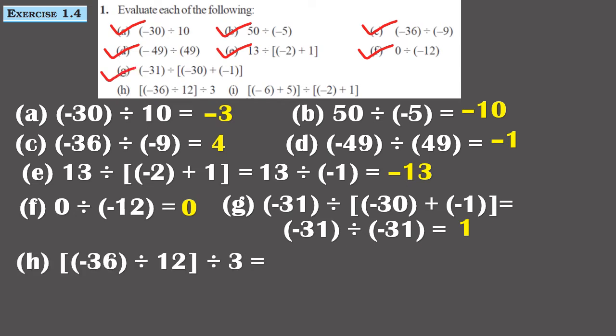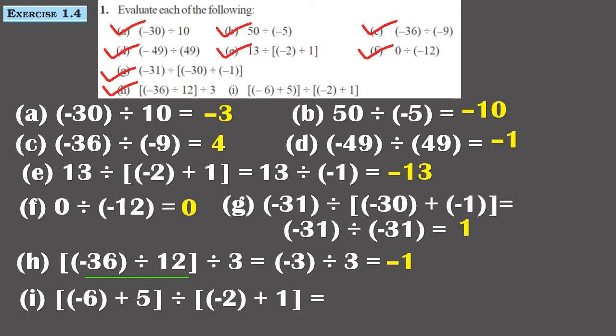Next, minus 36 by 12, again divided by 3. So first we need to simplify minus 36 by 12. It is negative by positive, so answer will be negative. Negative 3. Now negative 3 by 3. So again negative by positive, so it will become negative. Answer is minus 1. And the last one,